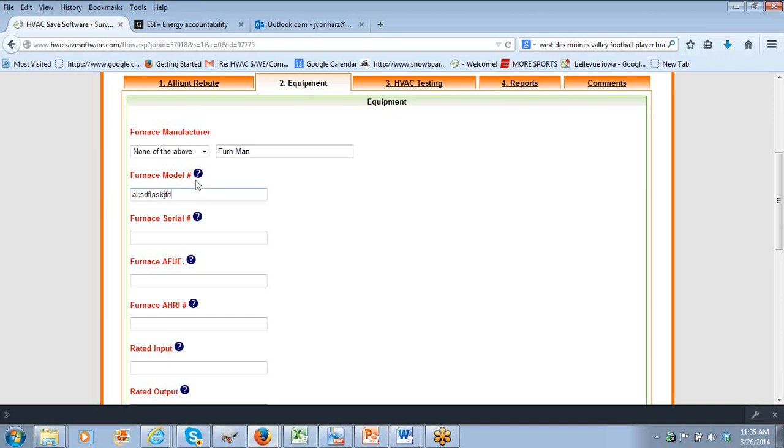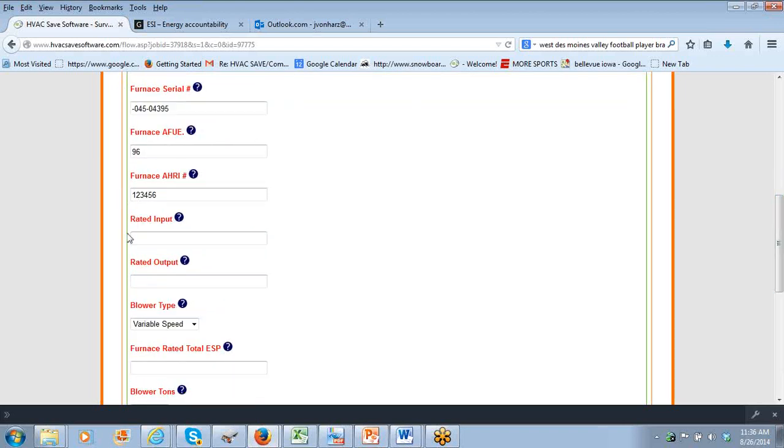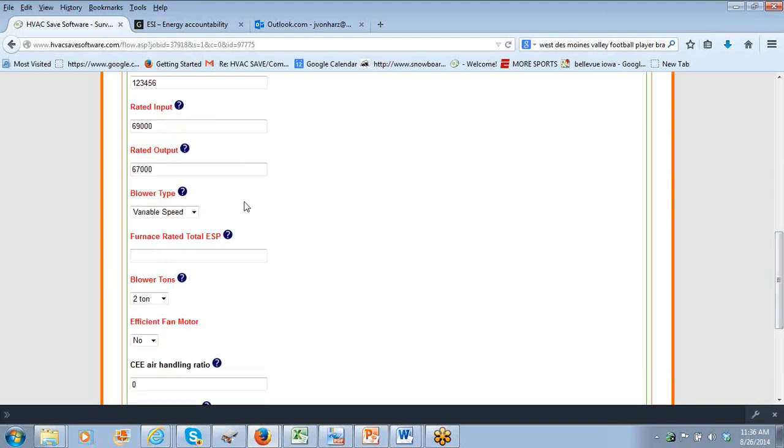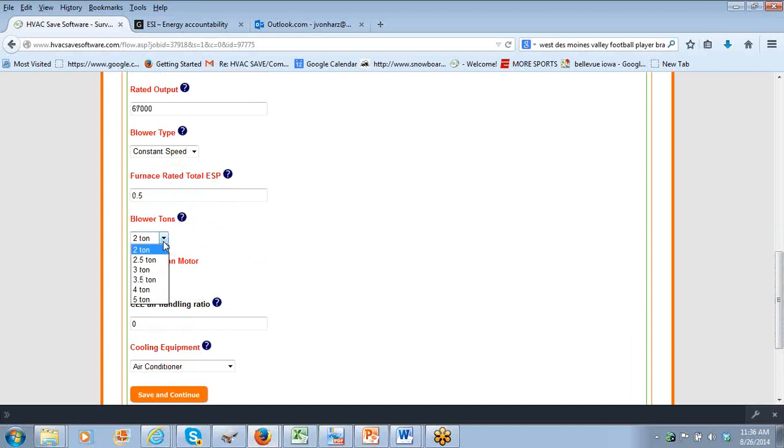Model number, serial number, AFUE, AHRI number, rated input, rated output, blower type, and then the furnace rated total external static pressure. All of this information will come right off the specs, right from your supply house. Blower tons, efficient fan motor,